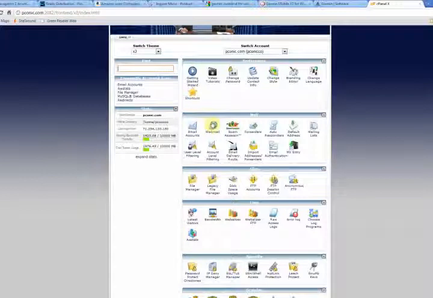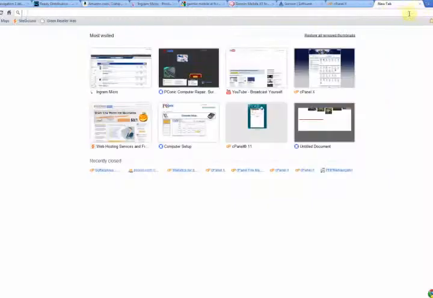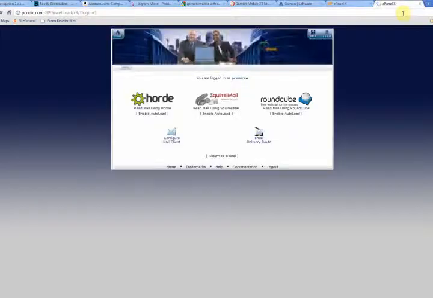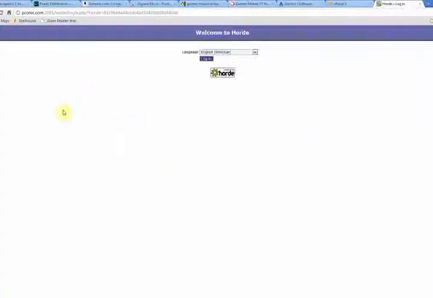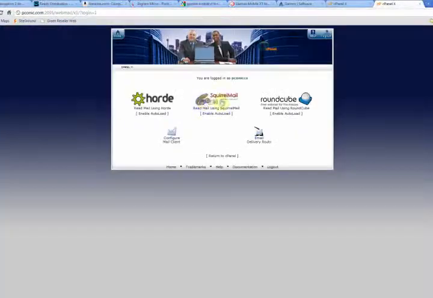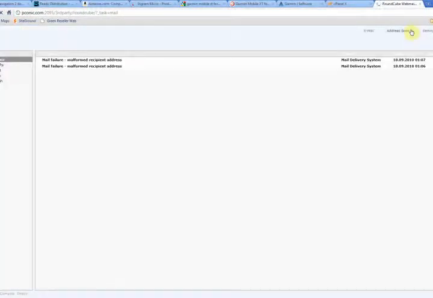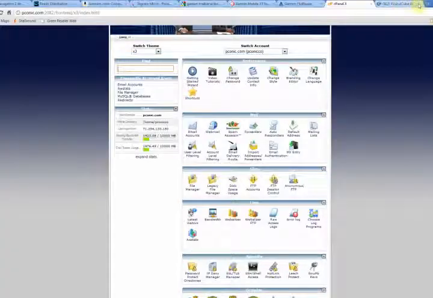Webmail. Webmail is basically an option to check your email online. For our situation, I'll just go to our website /webmail. Here it gives me an option. You have to log in first, and here you can choose between all the different ways to check your email. You can choose Horde, then you choose your language, SquirrelMail, or Roundcube, which is my favorite. It's Roundcube. So let's go back here, and